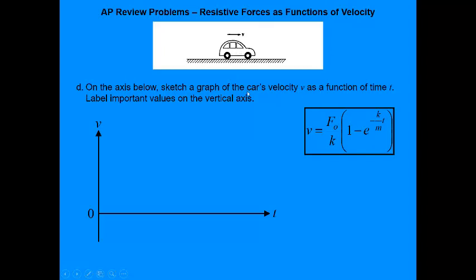But as it speeds up, the resistance force is going to increase because the resistance force is negative kV. Right? So as V increases, the resistance force increases. Well, as the resistance force increases, the net force, the difference between F of O and the resistance force, gets smaller. And as the net force gets smaller, the acceleration gets smaller. And that means the car continues to speed up, but it speeds up more slowly. Until some time in which those two forces would be equal to one another, but we'll get to there in